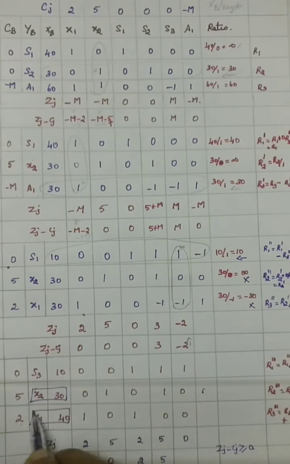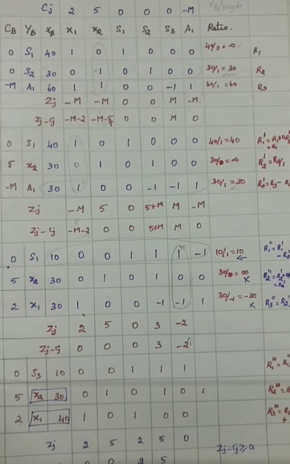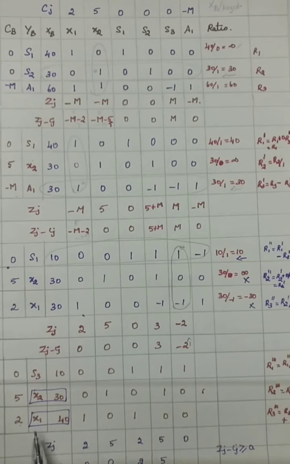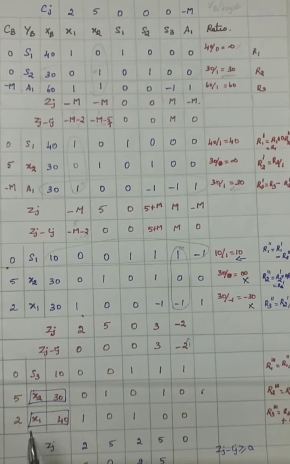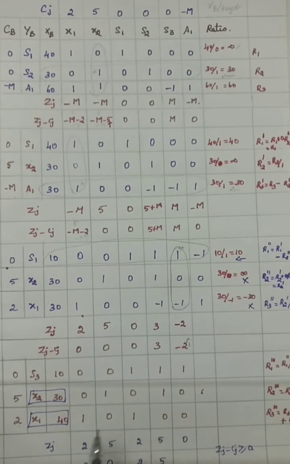So we get the value x1 is equal to 40 and x2 is equal to 30. In the objective function you have to substitute. Another thing: if an artificial variable appears in the final table, the solution does not exist. An artificial variable does not appear in the final table, so be clear about this. In the final table we have only slack variables or surplus variables or the variables x1 and x2. Suppose an artificial variable appears, then the solution does not exist. You have to conclude like this. I will do an example for that also. So this is your solution.